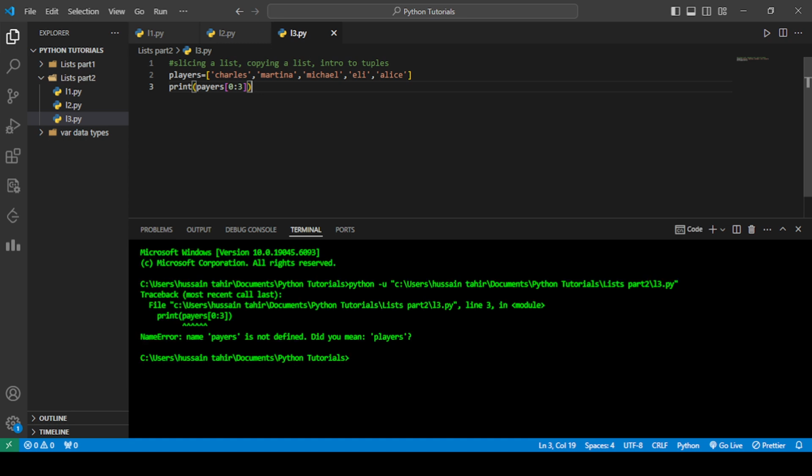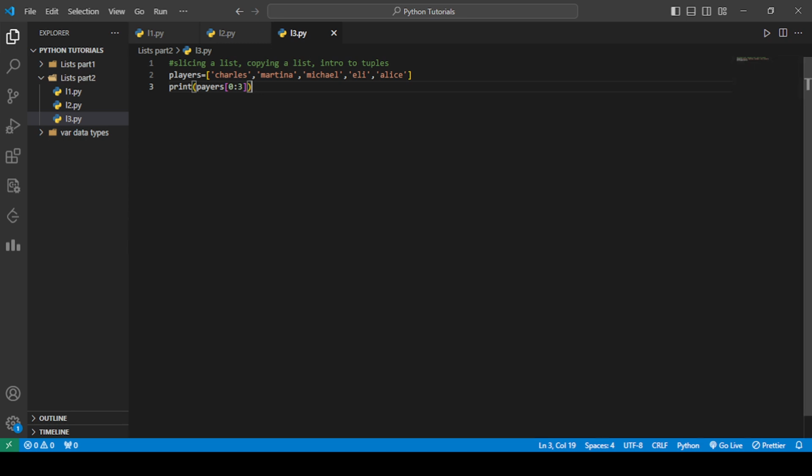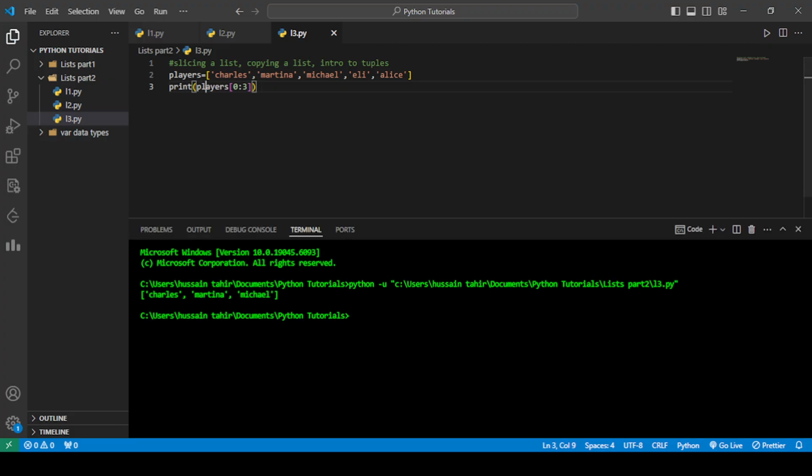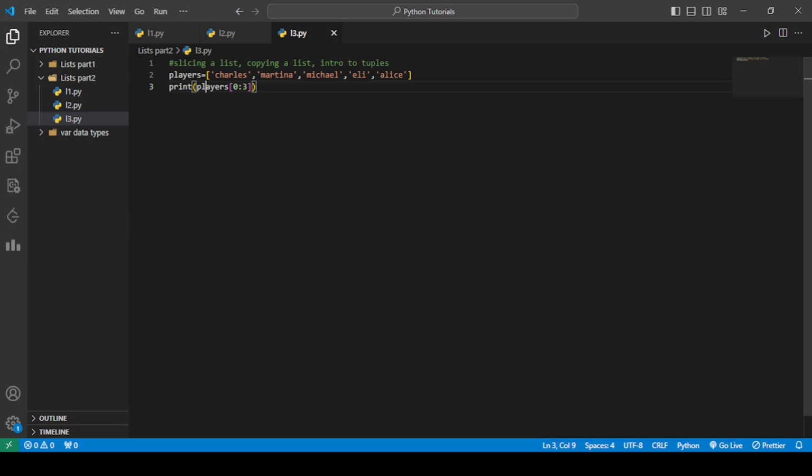So now when I run this program, okay, so we have misspelled the name of the list. Yeah, so you guys can see that now we have the first three elements out of a list. So rather than printing out a complete list, we have sliced the list. So to use the slice function,